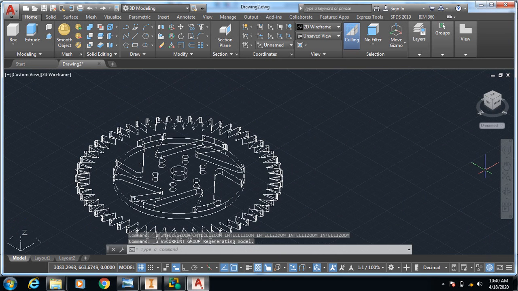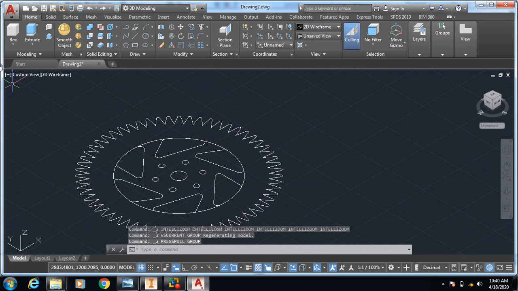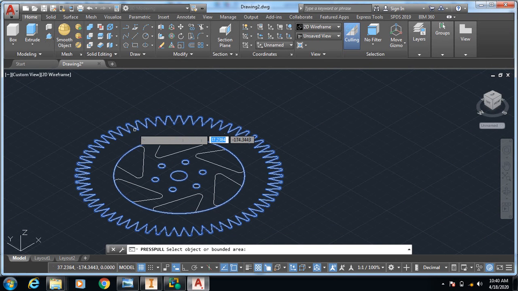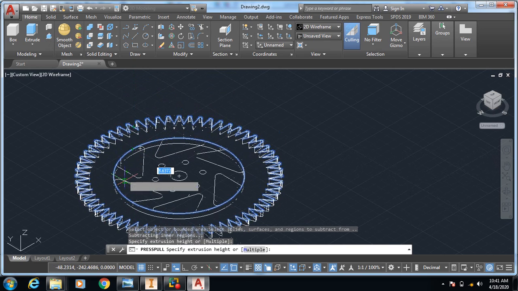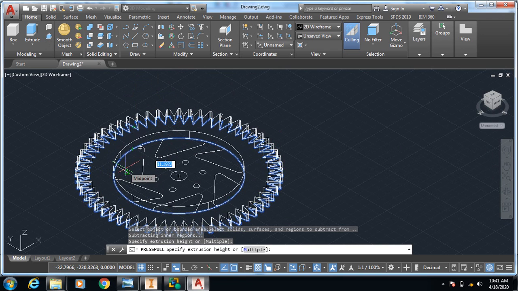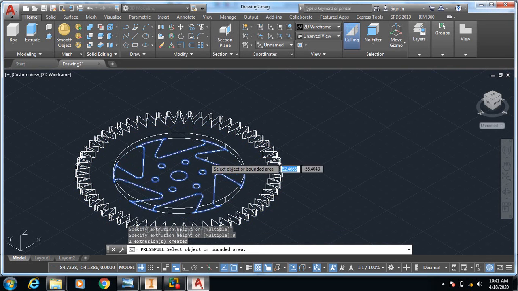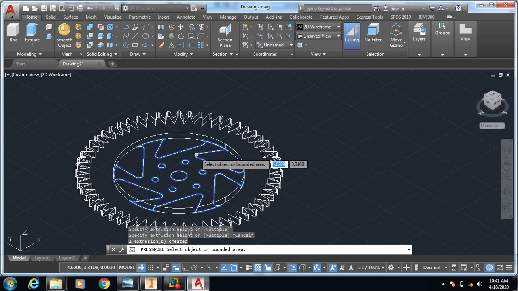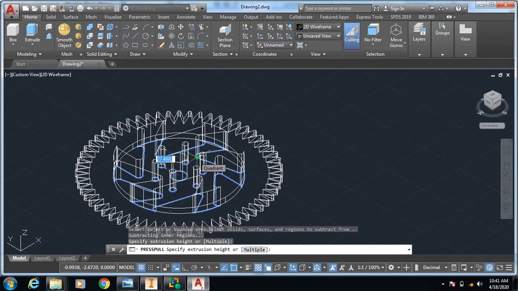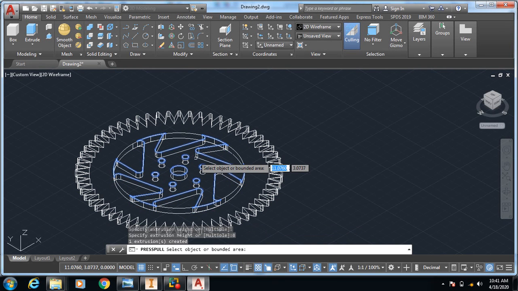Just Control Z, Control Z, Control Z. Again take the presspull command. We need 8, means 8. Take the inside one. Sorry. Take the inside one. Give the 8. Okay.